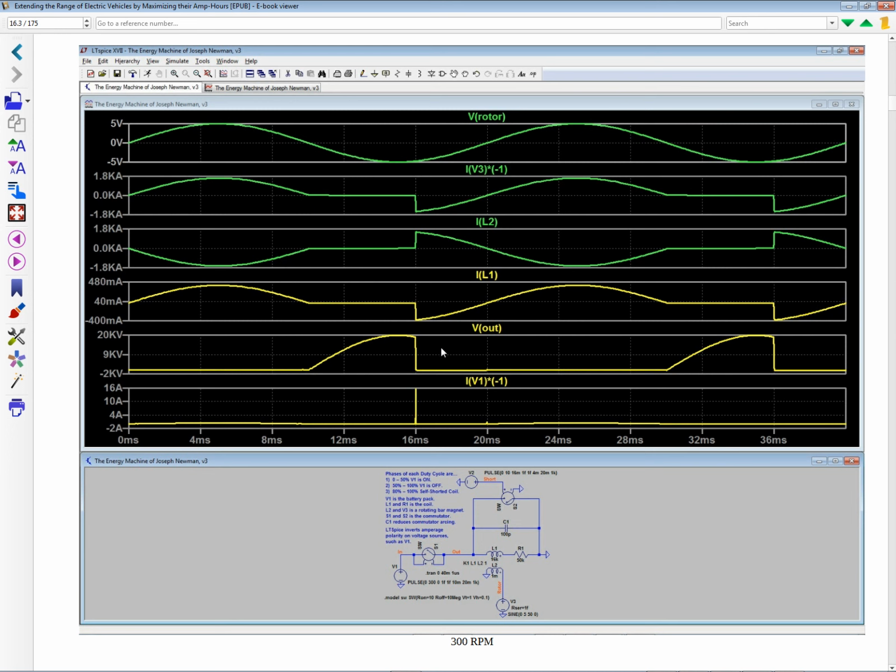So there's no way this thing can feed the battery pack any energy and be over unity when we take the build exactly, the instructions exactly the way he tells everybody to do it. There's no way it's going to happen. You do the simulation, you find out in advance it's not going to be over unity. And it has nothing to do with the size of the device. It's not going to help you. You can make it as big as you like, and it's still not going to be over unity according to the specifications he outlines in his book and tells everybody. It's just not going to happen.